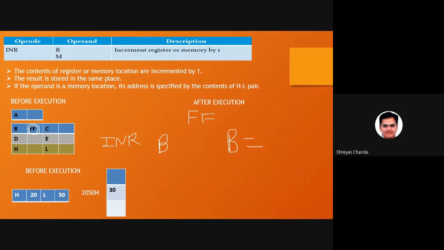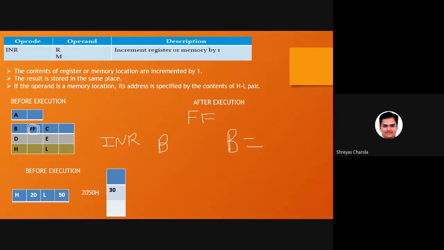For that also, I will go to the next slide. Just wait, Arshit. There is an instruction to increment a memory address, but wait for the next slide. Answer for this: let's suppose the B register is FF in hexadecimal. If I write INR B, what is the answer you will get? I need the answer in hexadecimal only, okay?